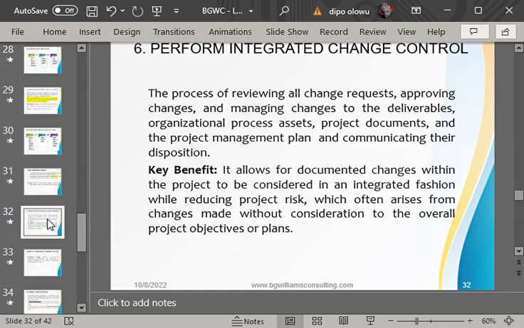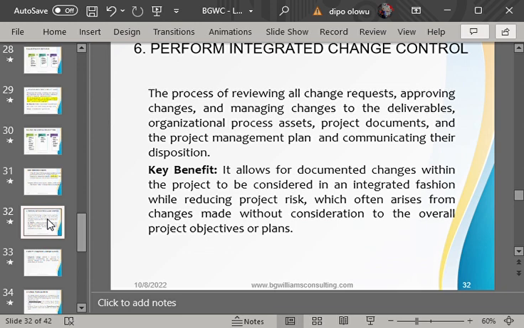Now, the next thing we will discuss is what we refer to as perform integrated change control. Now, I said earlier, please listen carefully, that in our project as a whole, the only aspect that cannot be changed is the project charter.